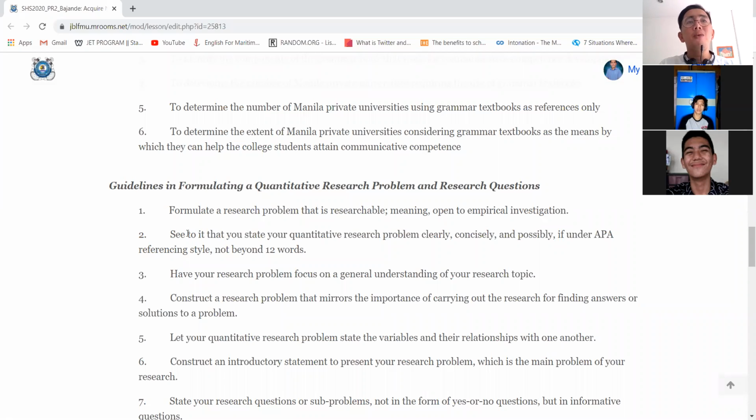Okay? Next, see to it that you state your quantitative research problem clearly, concisely, and possibly if under APA referencing style, not beyond 12 words. So, ang muna dapat ka sa inyo nga research problem, it must not exceed 12 words. However, sometimes may mga araman nga sobra sa 12 words. However, ang ginambal na din class, dapat hindi maglapaw sa 12 words